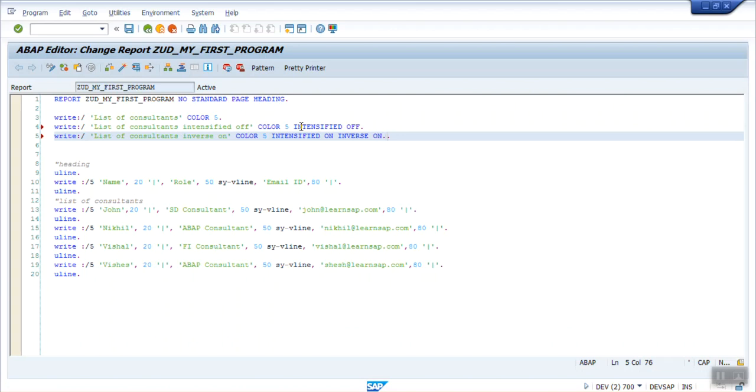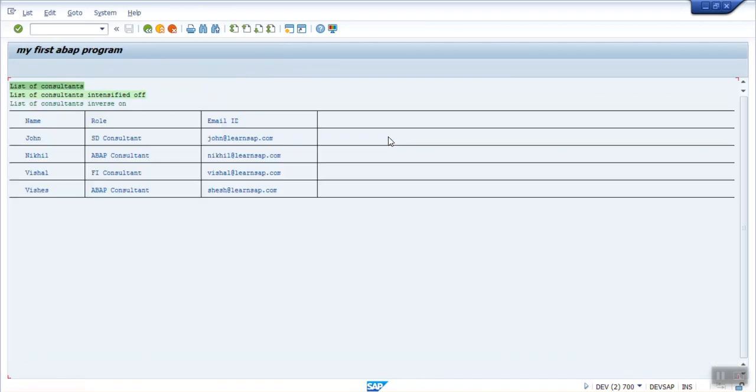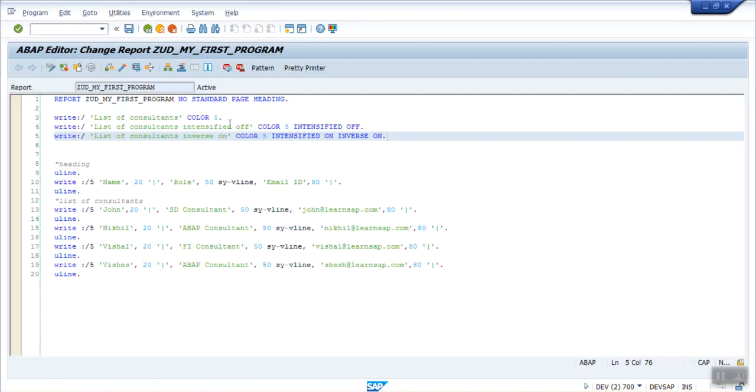If you want to change the font color, then use this parameter, add this keyword inverse on. Color 7, activate, execute. Now you can see for the third line the font color is green, whereas earlier it was changing the background color. So in this way we can add color to a particular word or character string.